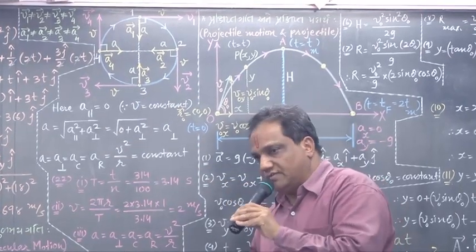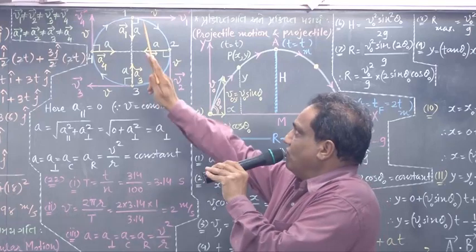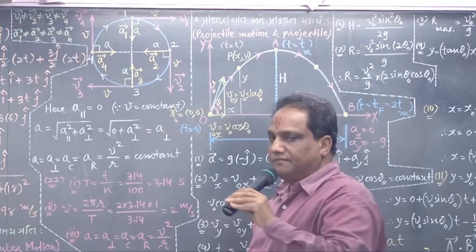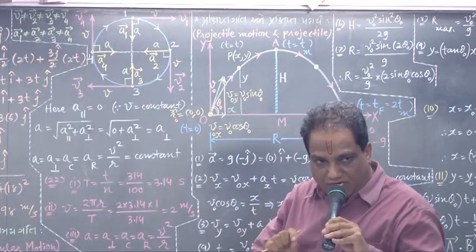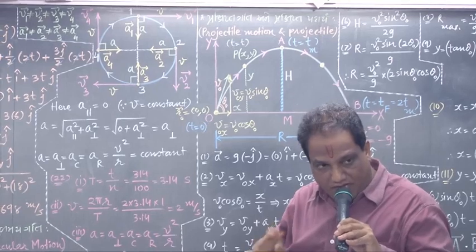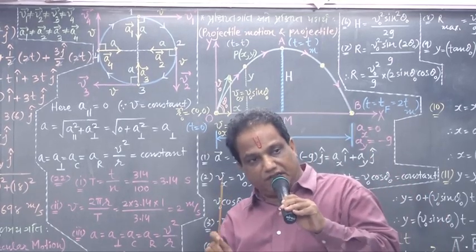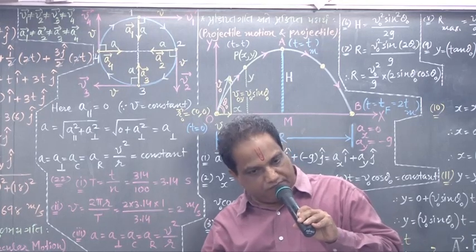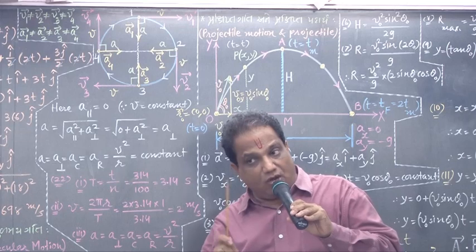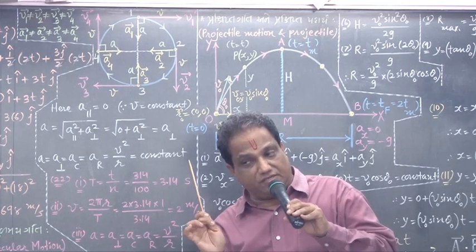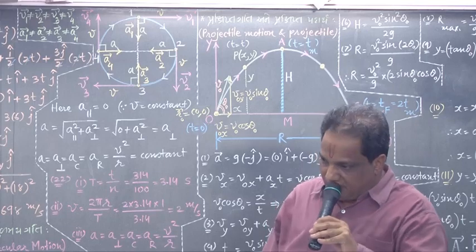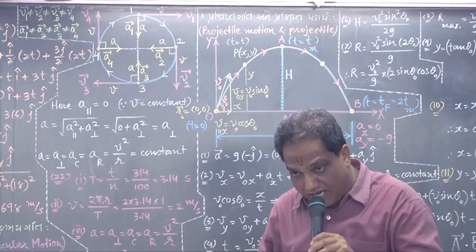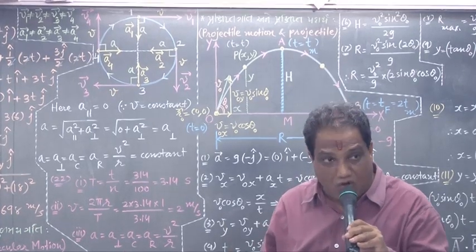It passes through various points. I just consider 4 points. Look here, point number 1, 2, 3 and 4. Please remember, one general result will be useful to you at many places. Instantaneous velocity at any point on the path of motion is always directed along the direction of tangent.